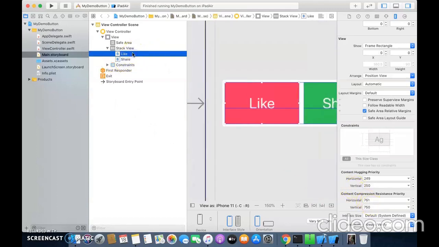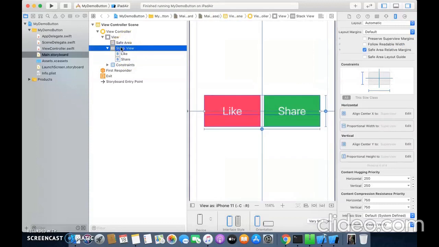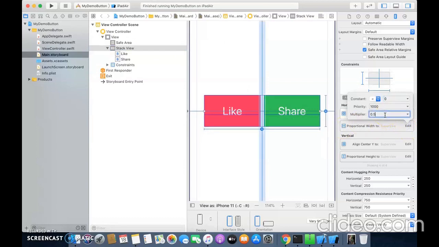A higher value will resist the compression more. A lower value will resist the compression less. And where do we see the compression? We will decrease the size of the stack view. Let us decrease the width of our stack view, and we will see that the higher value will not be compressed.